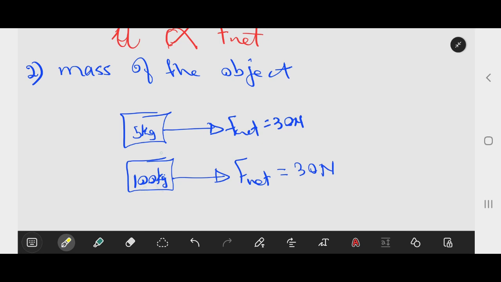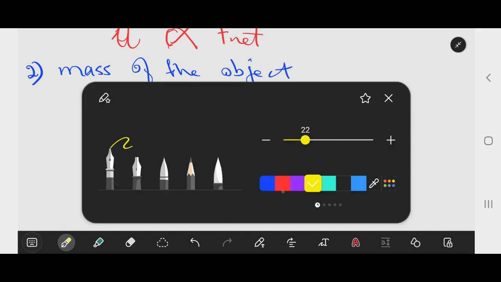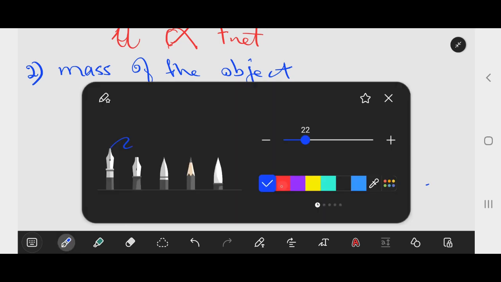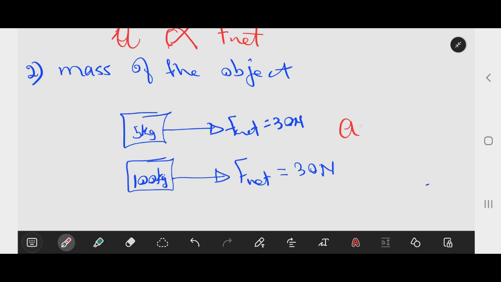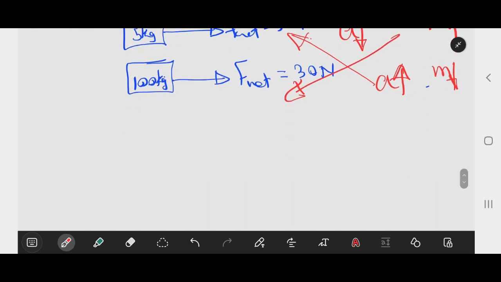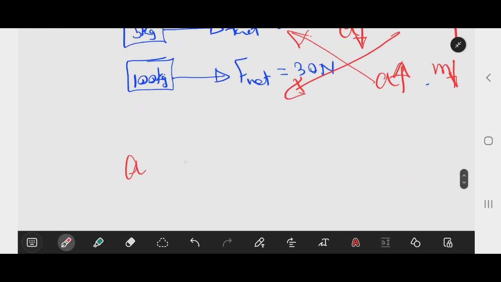So it means that if you have a smaller amount of mass, then the acceleration would be greater. If the mass is greater, then the acceleration would be lower, okay? And if the mass is lower, the acceleration would be greater. So we can conclude that the magnitude of that acceleration is inversely proportional to the mass